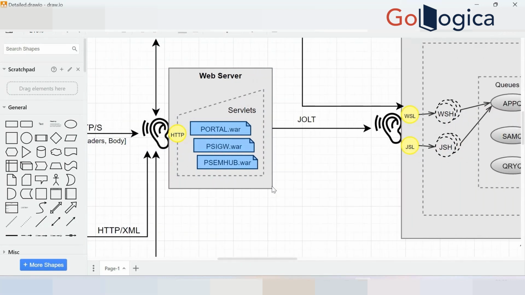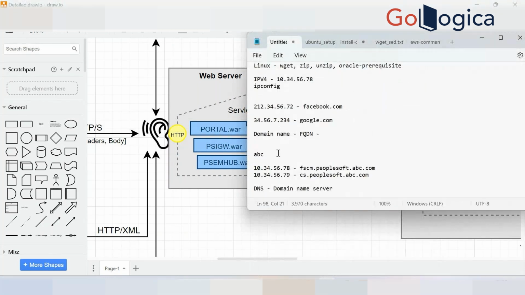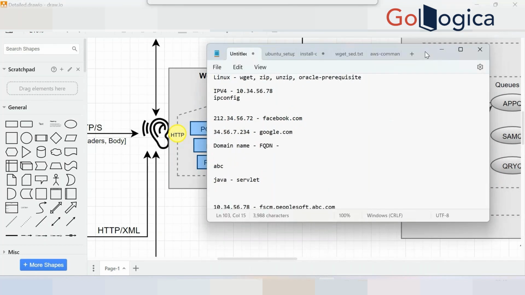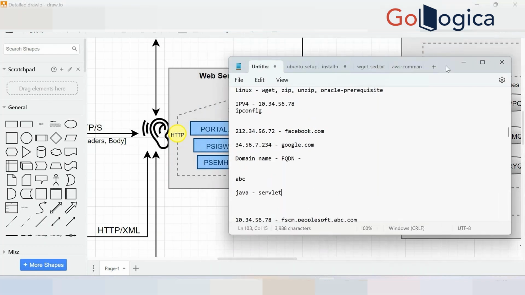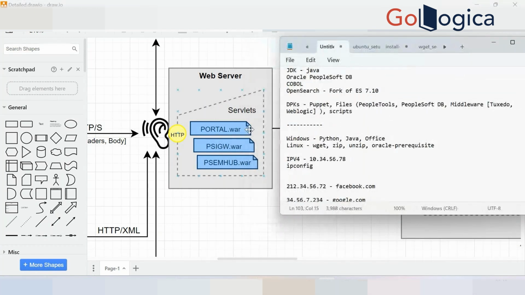Yes, Mohan. Now on the web server, to handle different kinds of requests, you have different kinds of files. Have you guys worked with Java earlier? Any knowledge of Java, very basic? No, I haven't worked. Okay. Do you know what a servlet is, Sinu? Okay. So in a PeopleSoft web server, you have different kinds of servlets sitting on these folders: